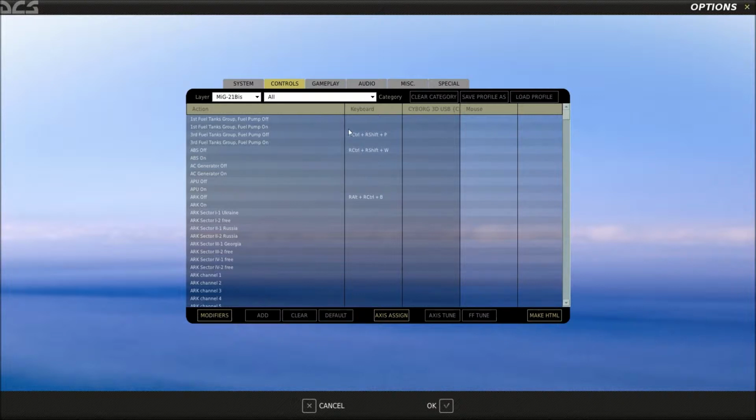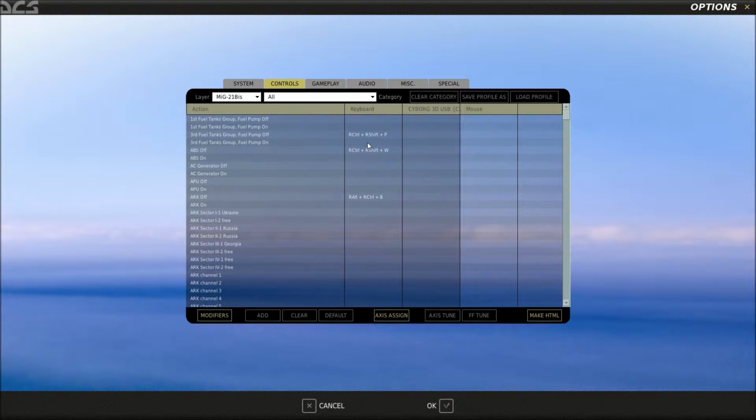But when I unbind the keys and leave and go back in, the off commands, quite a lot of them, come back. So for example, I'll unbind emergency canopy release, which is Control-Shift-C, and then I'll bind it to another key, but when I go into the game it's still bound to Control-Shift-C, and so when I press it the canopy will